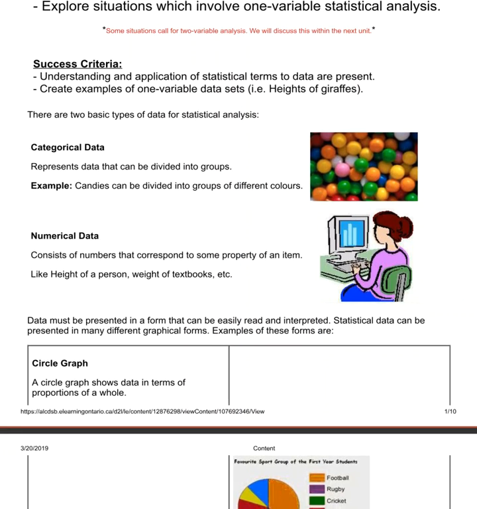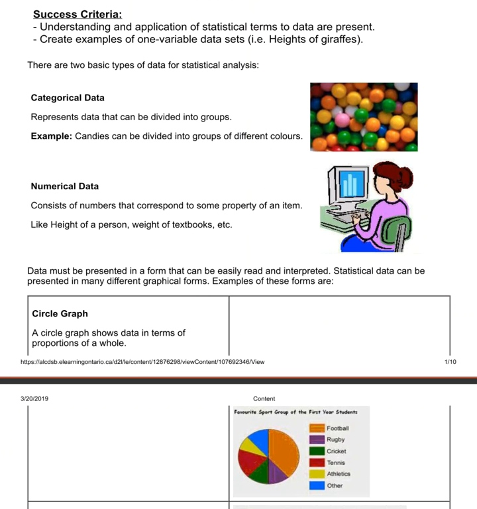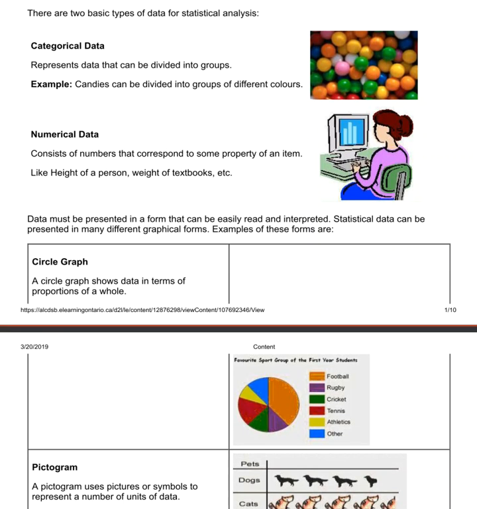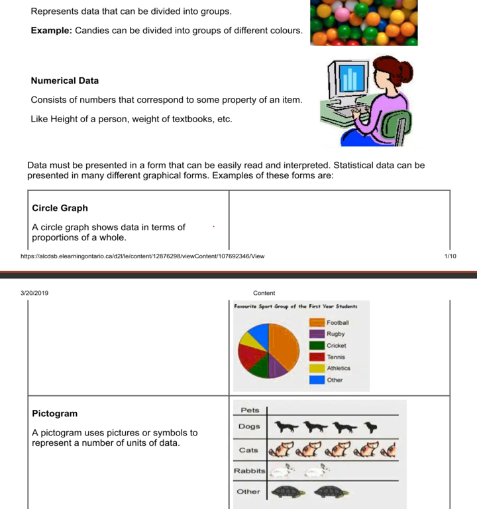Numerical data consists of numbers that correspond to some property of an item, like height of a person, weight of a textbook. You can represent people based on their height, or based on age as well. So just different sets of data. And now these are different ways of